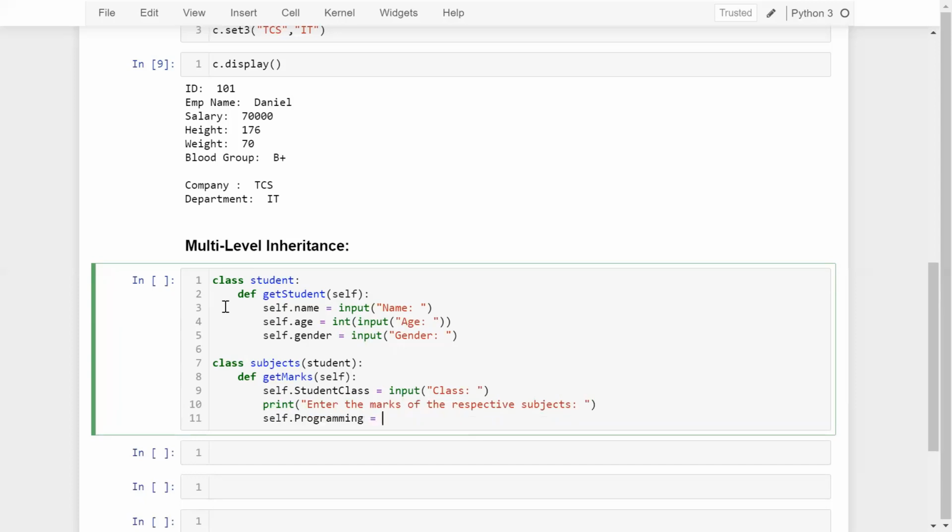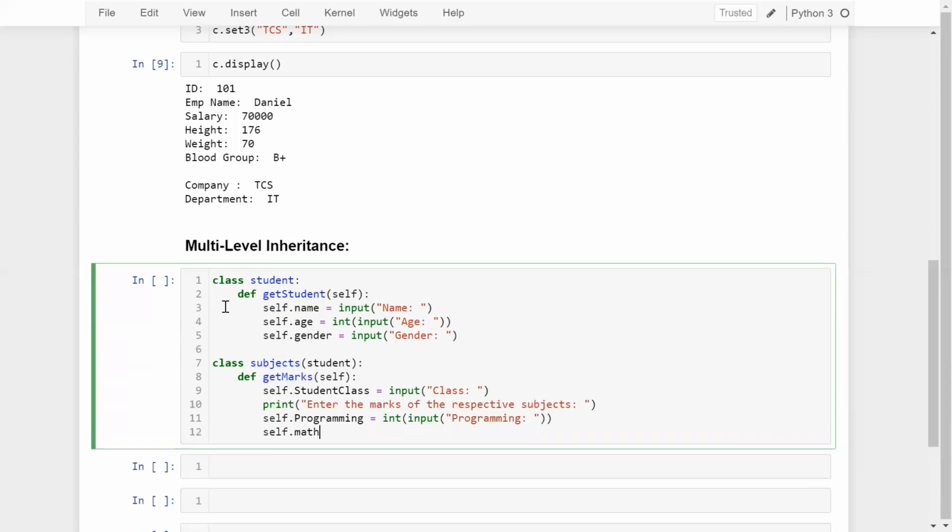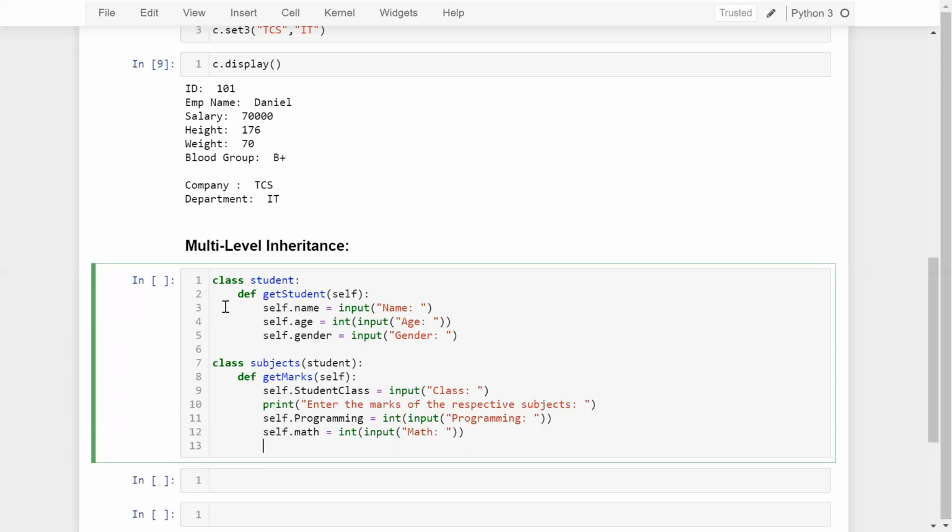And here self dot programming equal to int input, and whatever marks you have, you can supply here. Self dot math equal to int input, and you can supply the marks for math. And let's say self dot English equal to int input English.